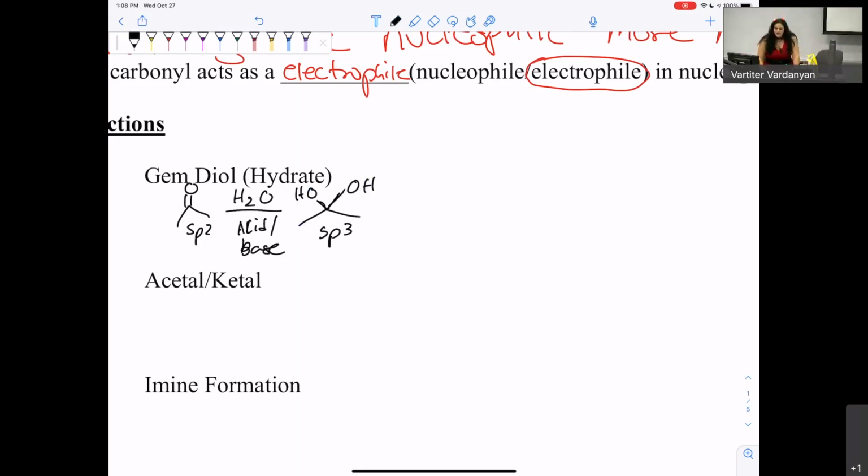So for this arrow, I'm gonna draw the longer arrow pointing towards the ketone and the shorter arrow pointing towards the gem-diol. And all this means is that this reaction is going to prefer the ketone to the gem-diol. Now, if we do the same thing with an aldehyde,